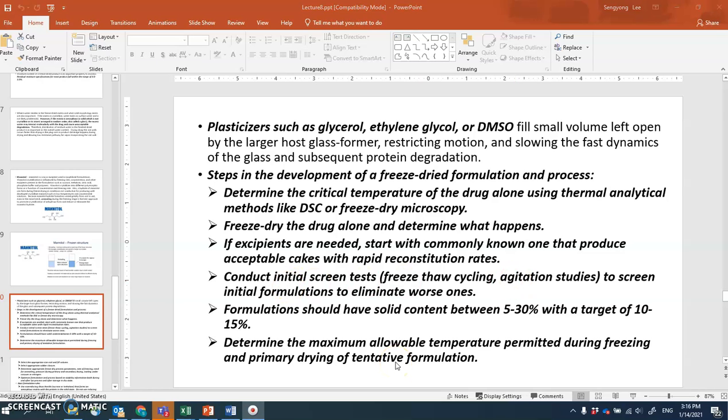Formulation should have solid content between 5 to 30% with a target of 10 to 15%. So you should not have any collapse of your drug. You should still have the solid content about that much. And determine the maximum allowable temperature permitted during the freezing and primary drying of